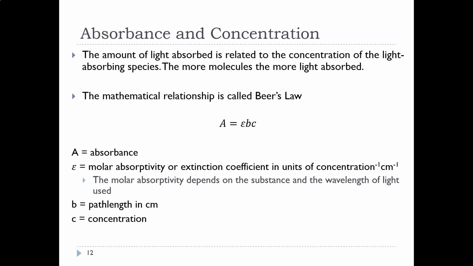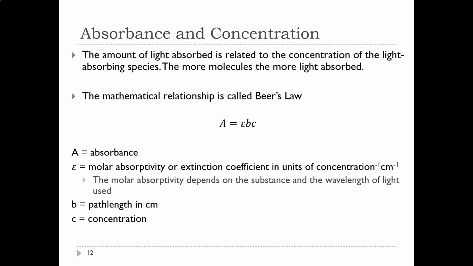And then the little E looking guy, that little epsilon guy, is the molar absorptivity, or the extinction coefficient. What it is, it's a constant that relates absorbance to concentration. So it's a value that makes this equation possible. Now that constant, that molar absorptivity or the extinction coefficient, you can call it either one,